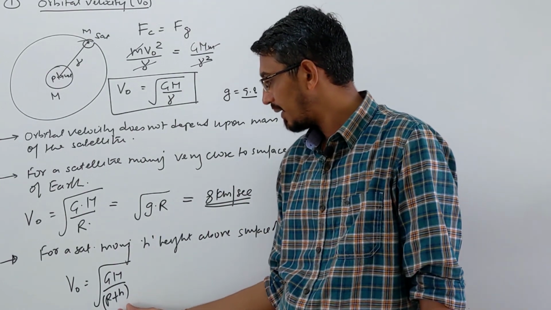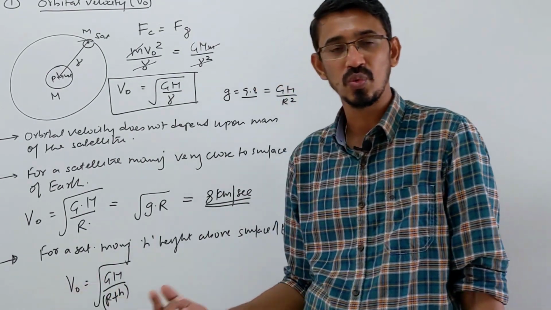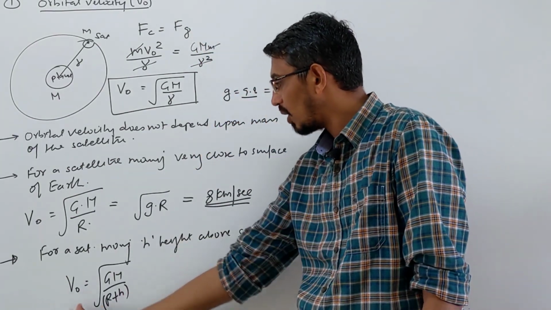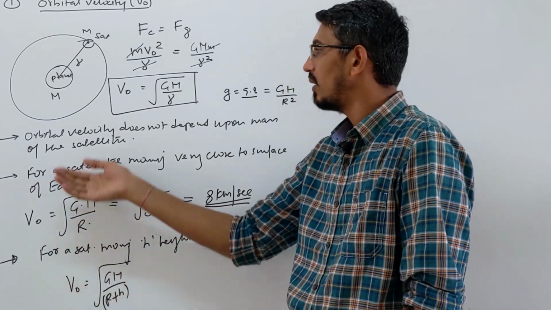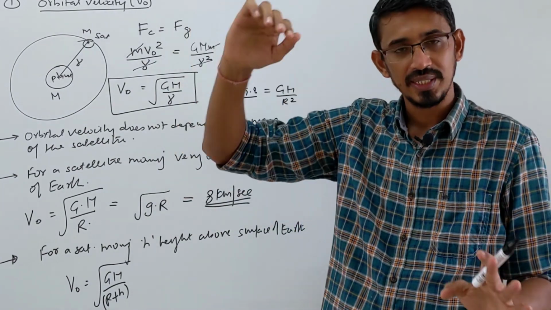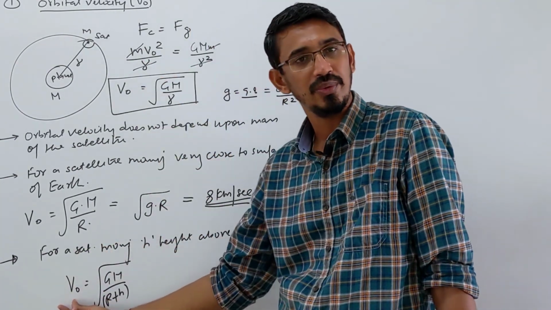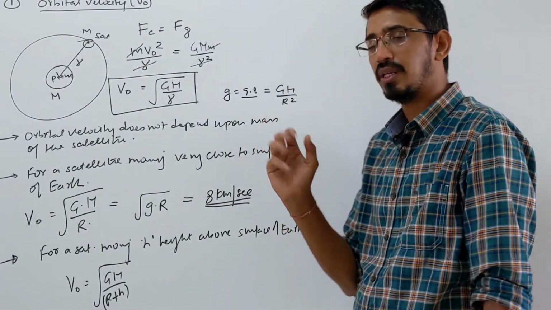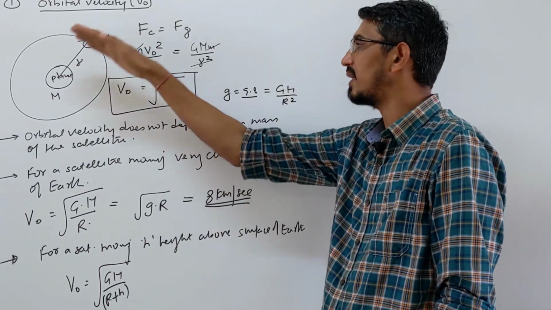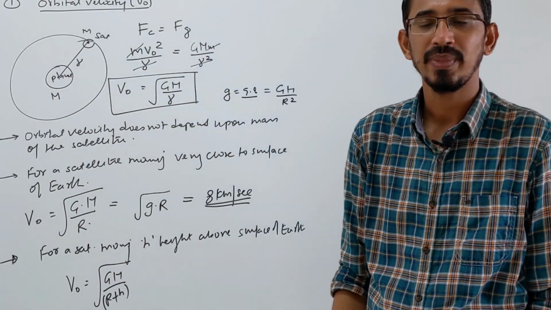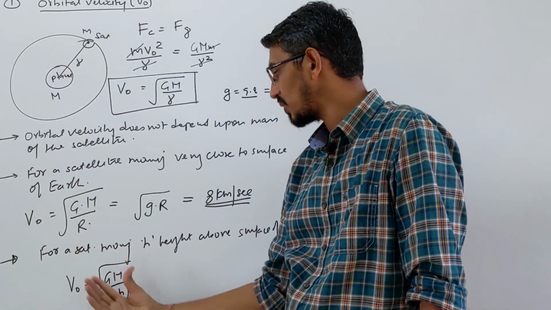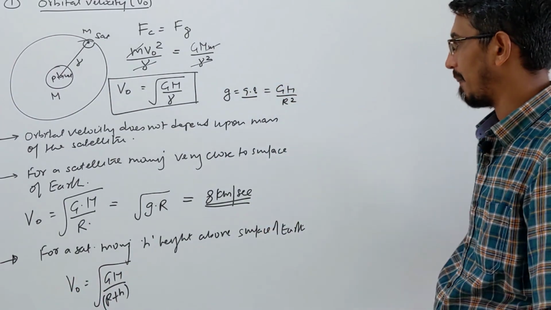So you can see that directly, because this orbital velocity is inversely proportional to what, the distance of the satellite from the center of that planet, or earth. H increasing, orbital velocity will decrease. Correct? Your satellite is moving away and away from the planet, orbit is increasing, r is increasing, then the orbital velocity will reduce. So we say, suppose you talk about earth system, then the maximum velocity a satellite can have is 8 kilometer per second, when the satellite is very, very close to the surface of the earth, right? When you go at distance away from the center of the earth, the r is increasing, so your orbital velocity will decrease simply, okay.